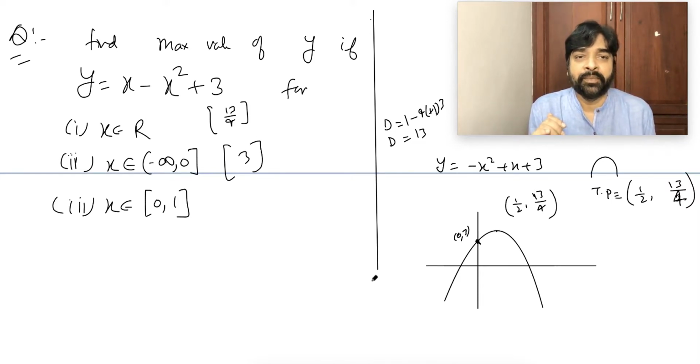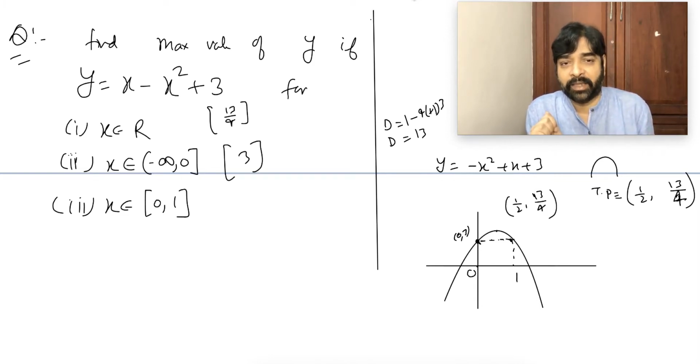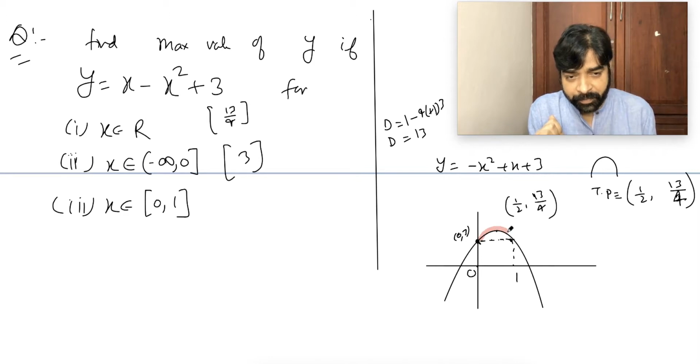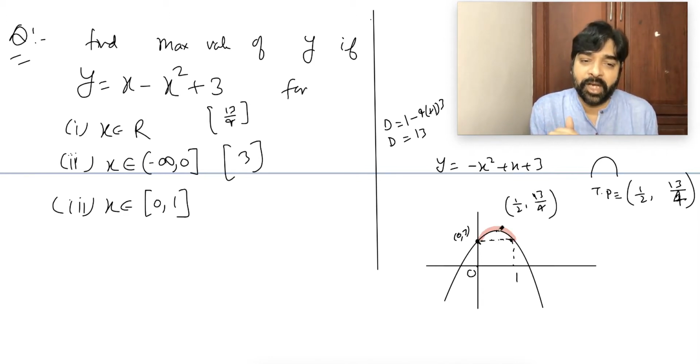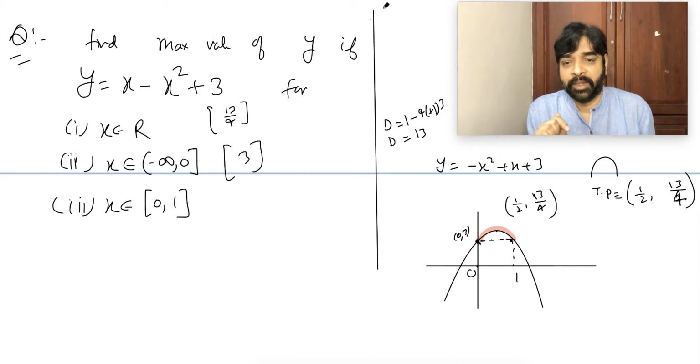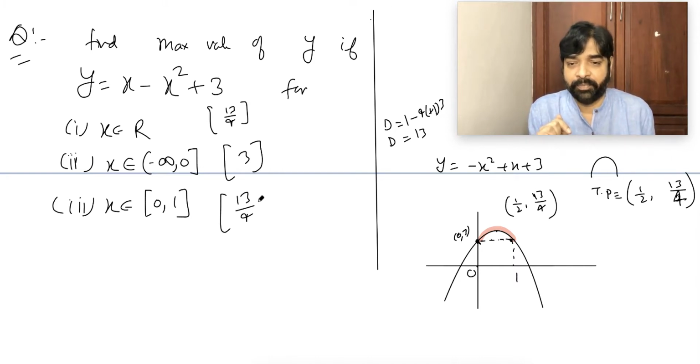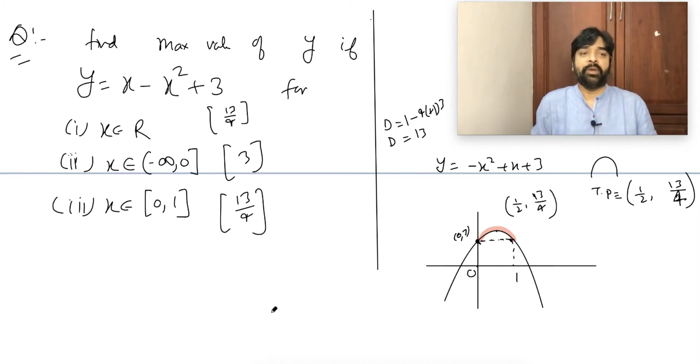Yes or no? And now they are saying move from 0 to 1. 1 will be somewhere here. At 1, what is the value? 3. This is actually your 1. How did you say that this will be equal opposite to this? Because when I am putting x equal to 1, I am getting 3. So I am moving from 0 to 1, and your graph will move this way. The maximum still will be coming at 1 by 2 only. So I will say this will be 13 by 4. Again, have you understood this point?